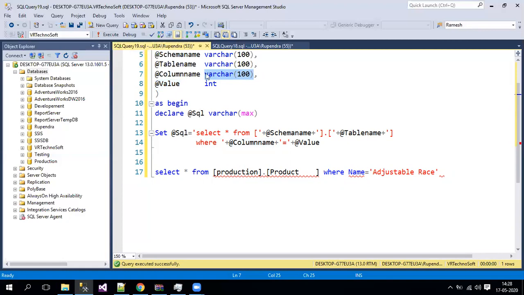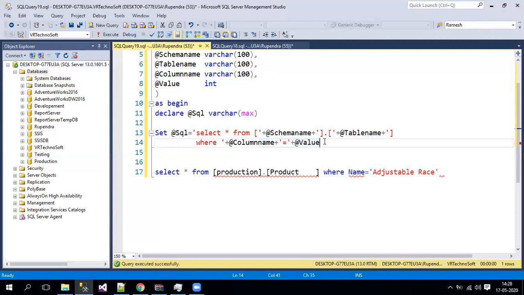I don't think that we need to mention the integer data type over here. As the column name is a character, for that we are mentioning a varchar here, right? Now, whatever value you are passing over here is an integer, so make sure both should be in the same data type. If it is a different data type, obviously we need to do something for that. And let's see what exactly it is.